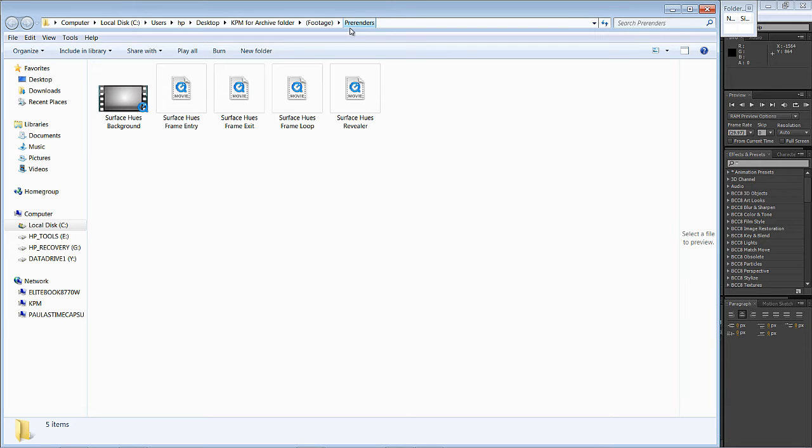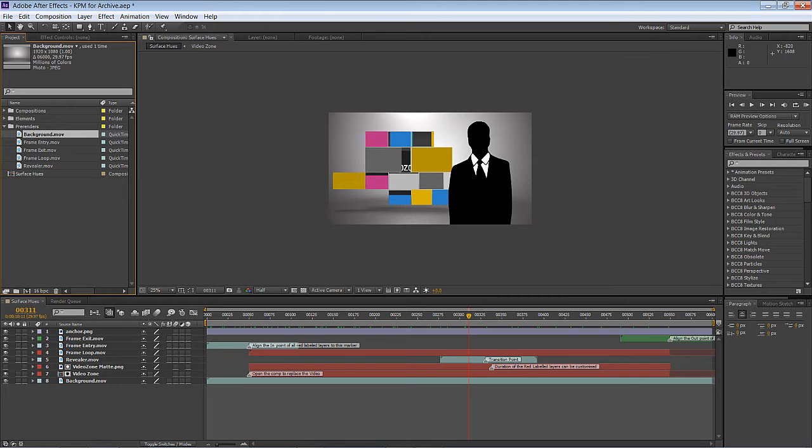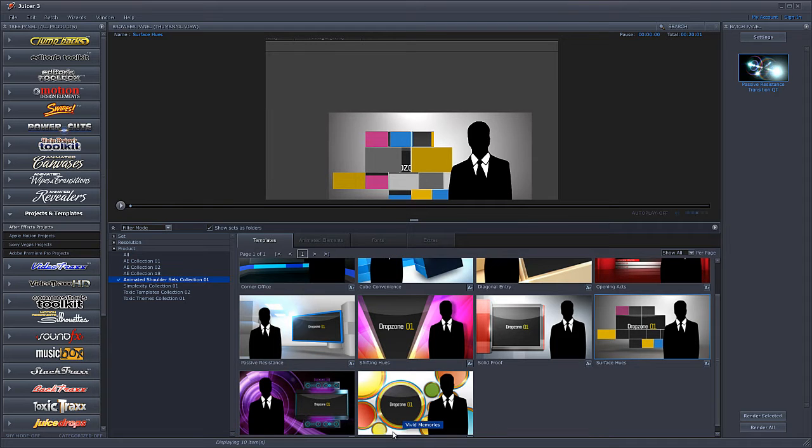Now really those are the two main ways that you're going to be sending files from After Effects. Of course there is another way, which is if I come back into the juicer here, what you can also do if you come back to the After Effects icon is you can say show containing folder to show where this element was installed in the juicer, and you can work with those original files, but I always recommend against doing that. Why? That's when if you save over top of something, you're going to be doing a destructive